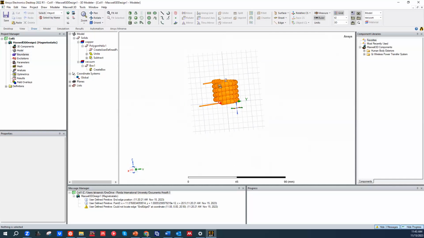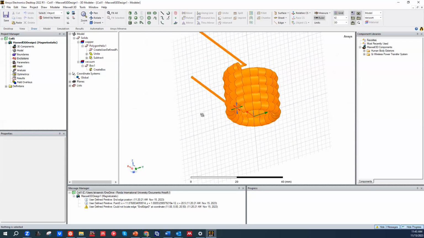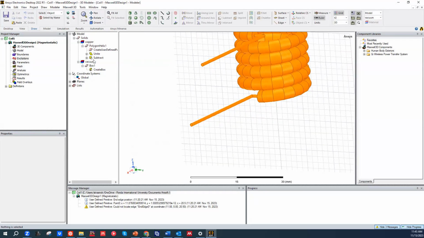But for this problem, we don't really need the boundaries, as the boundary we will use this box around the helix. Okay, so the next one is the excitations, and we're gonna drive this coil by the constant current or DC